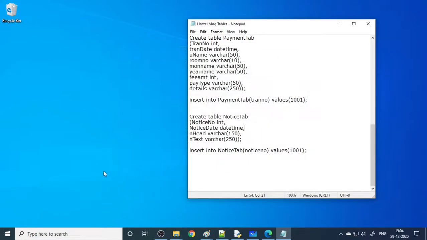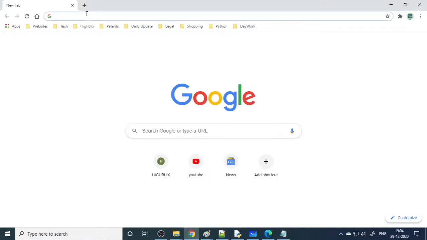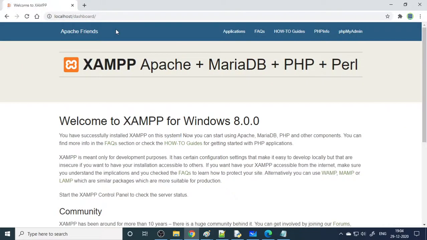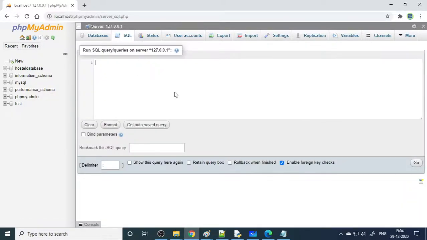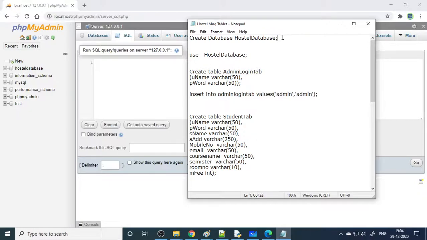Now the next step is we can go to the browser. Here you can type localhost. When you type localhost, it will take you to the Apache main page. It means that your server is working fine. Now we can move to MySQL. This is phpMyAdmin. Actually this is MariaDB, right? We can move to phpMyAdmin, and here you have SQL. You can execute all the SQL statements here. Straight away you can type, otherwise if it's already ready, we just copy from there and paste it over there.